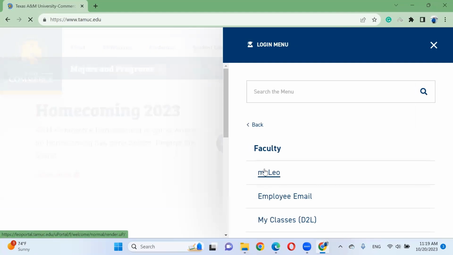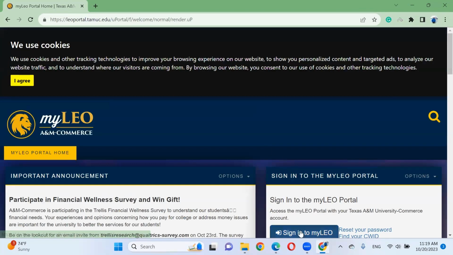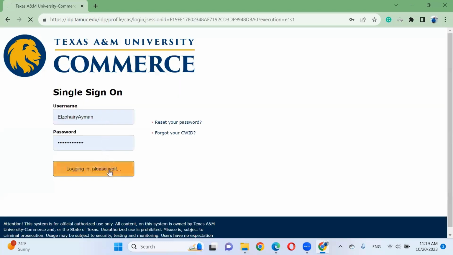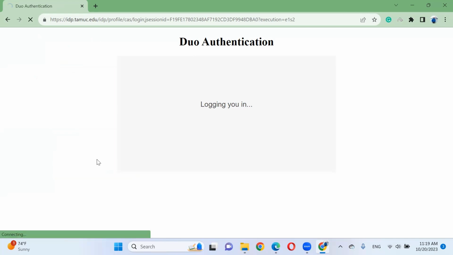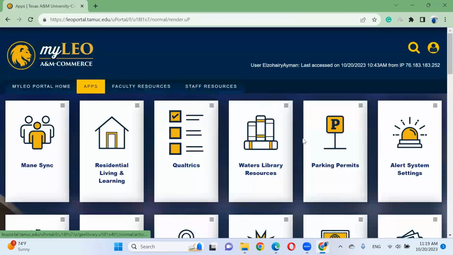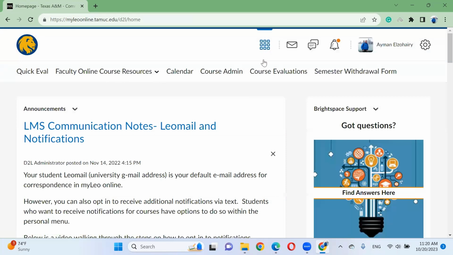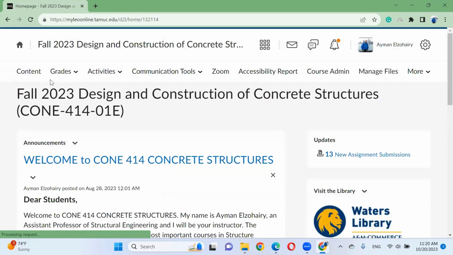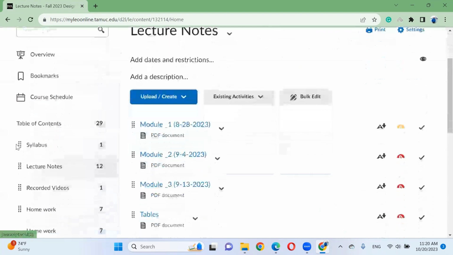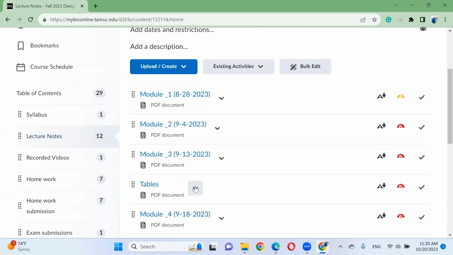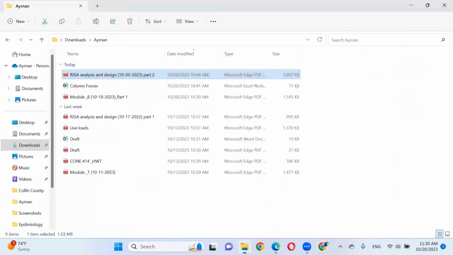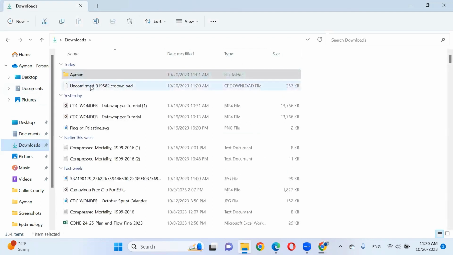One moment. We have tables here. There you go.